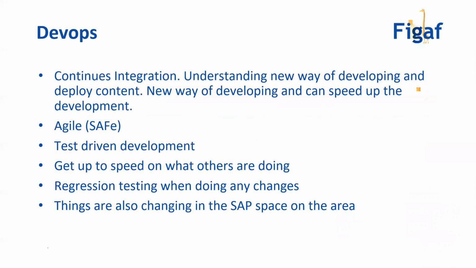So I think DevOps in some format, obviously there are many ways to call this, but the general thing is some way of doing continuous integration that allows you to understand who has developed what and what has been deployed, so you can speed up development and ensure that whenever someone is doing any development, it doesn't affect anything else, so you won't get bogged down by all of these different things. Some people were naming SAFe, the Scaled Agile Framework methodology, as a way to be agile, and others were saying, well, if you are already agile, then you may not use SAFe. But it was some kind of a compromise about these things, and I think that makes a lot of sense,